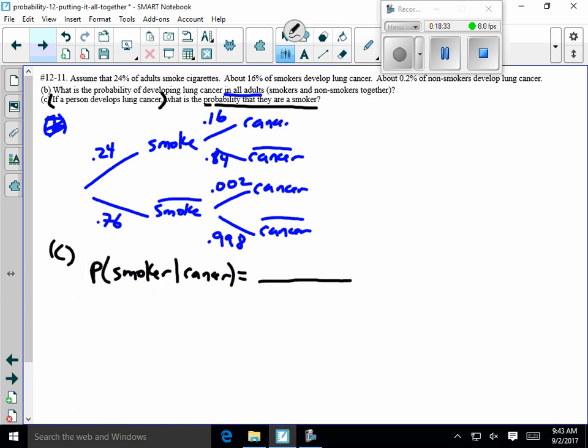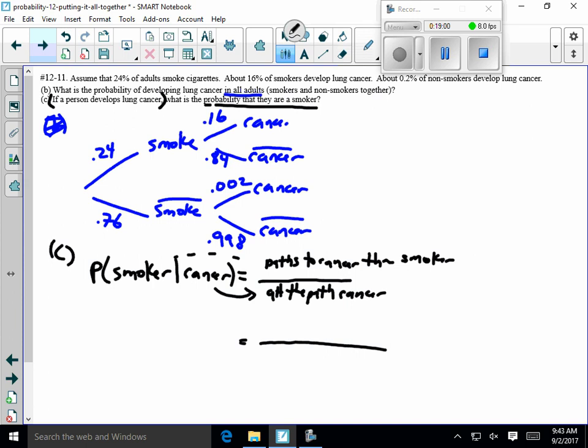Right, so the bottom is going to be everything, all the ways you can get cancer. In fact, I'm going to write it this way. It's all the paths that end up at cancer, right? And on the top, that's going to be just the paths to cancer that went through being a smoker. Okay, so I can use either counts or probabilities when I do a formula like this, so I'm going to